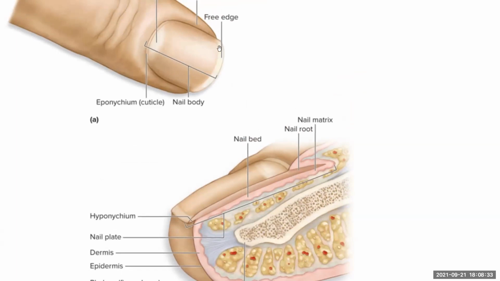It appears white because there are no underlying blood vessels, specifically capillaries, underneath. The part of the nail body that you do see exposed that has coloration is because the capillaries there are providing that color underneath the nail plate. And so when you want to do a quick assessment of somebody's blood flow in the distal portion,